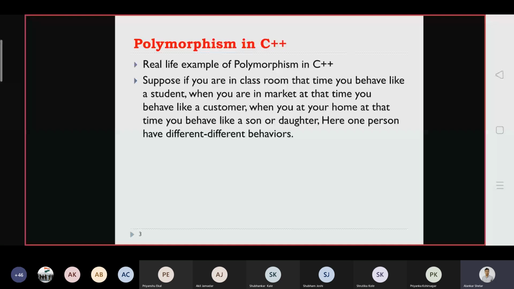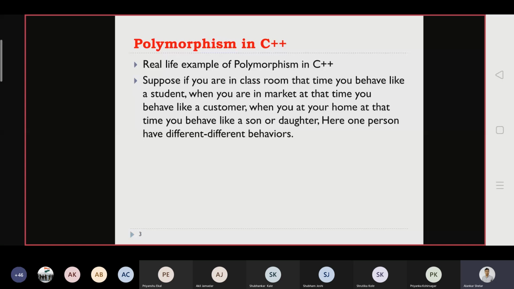On whatever situation is available, you behave like that. But your entity, your name is the same; only the data differs. As a customer, you are purchasing something. If you are at home, then you are enjoying.